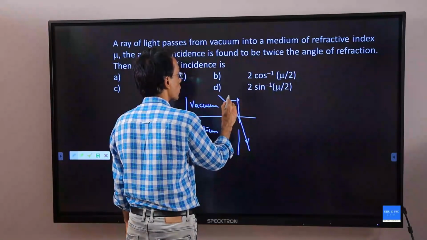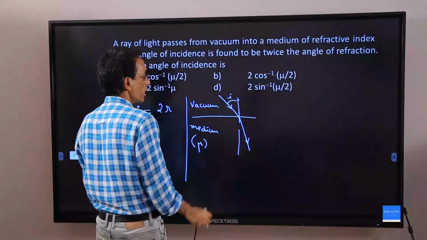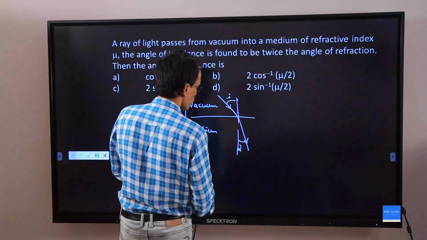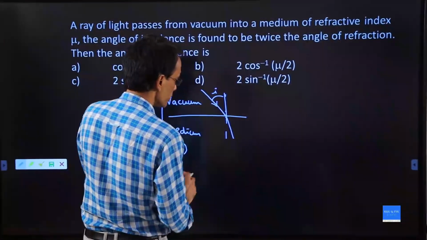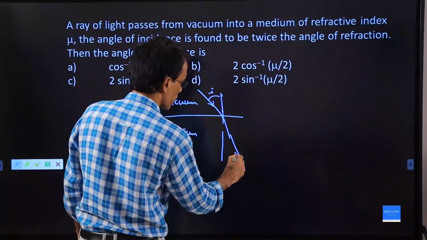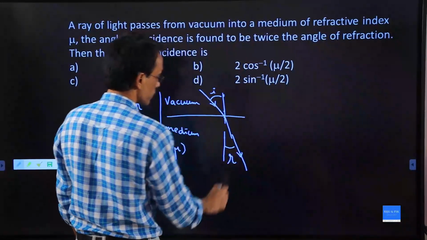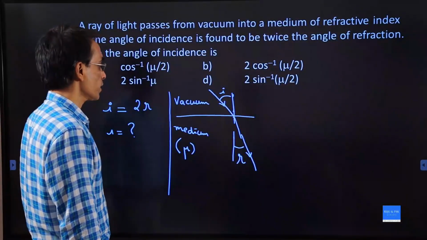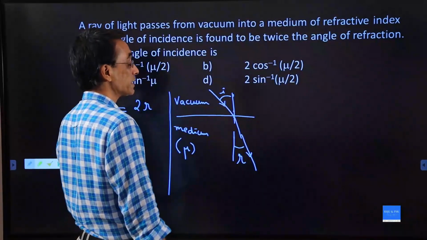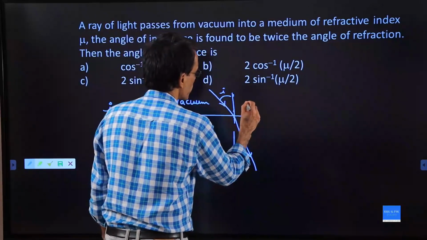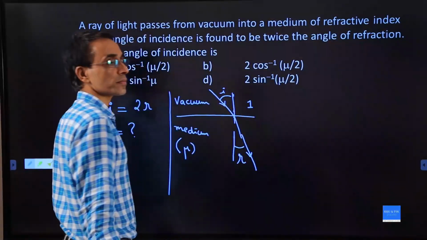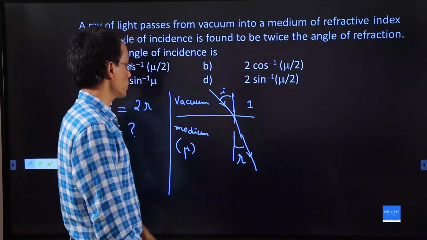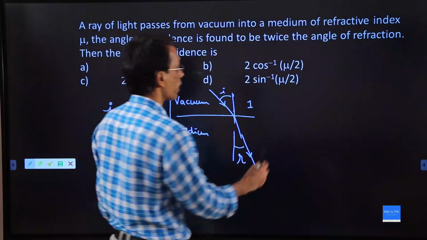This angle is called angle of incidence, and that is twice the angle of refraction. No doubt. It is twice the angle of refraction. This is the normal, this is the refracted ray, this angle is R. Okay. Now you can apply Snell's rule. See, vacuum has got a refractive index 1. This has got a refractive index mu. So we can write like this: